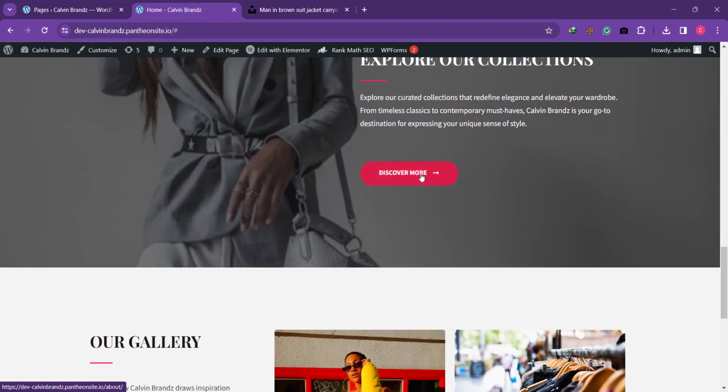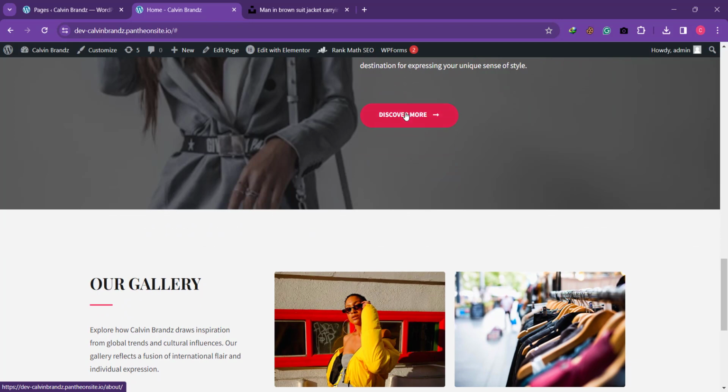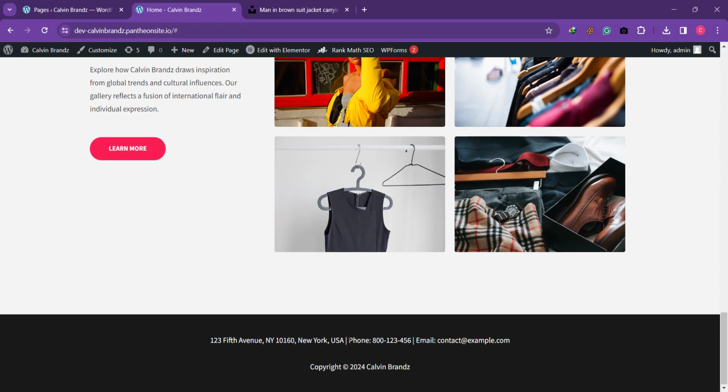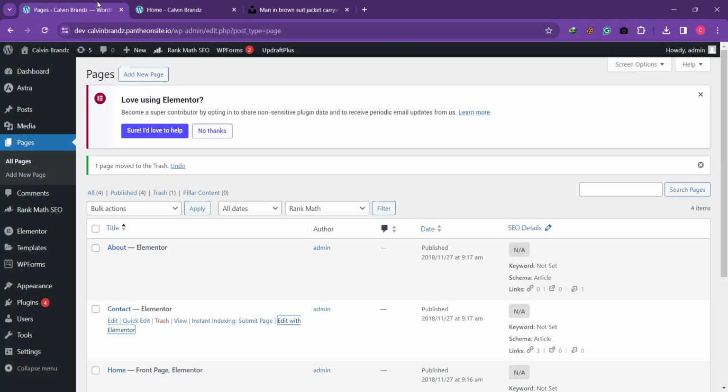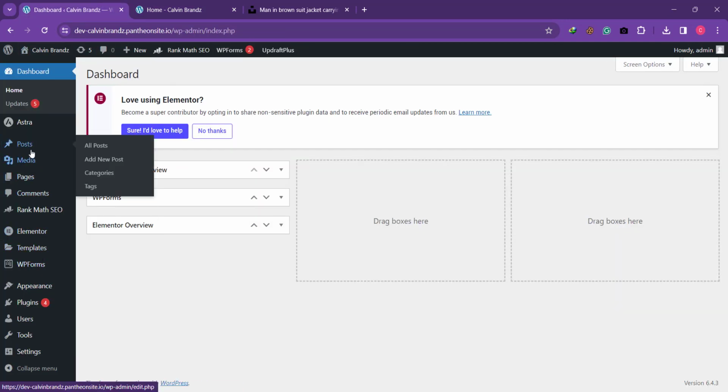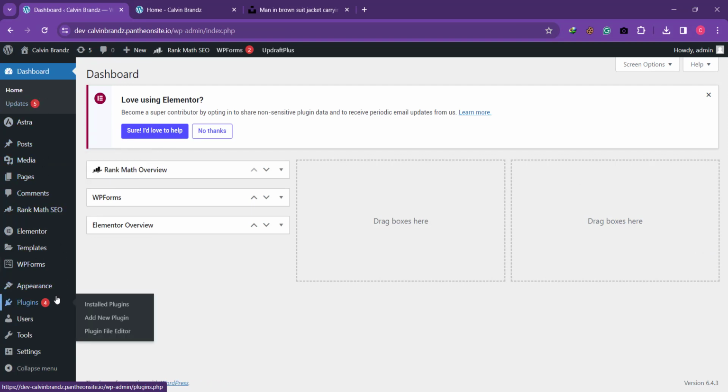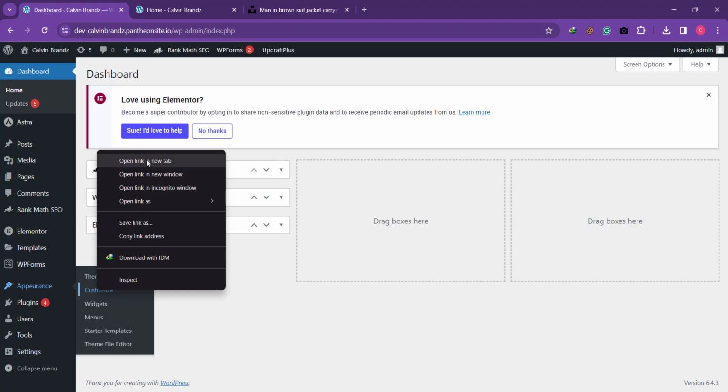So I'm walking you through the steps on how to make the buttons clickable and finally how to change the information on this section of the website. The first thing we'll be doing is to go to our WordPress dashboard. After we are in our dashboard, we'll come over to Appearance, hover over Appearance, then bring your mouse to Customize, right click on it, then click on open link in